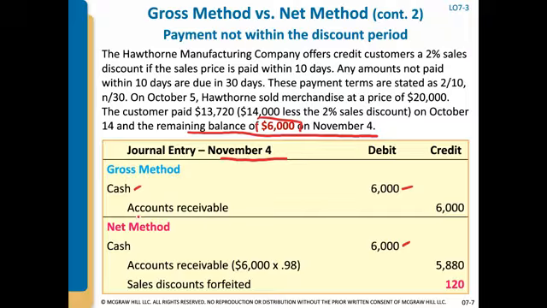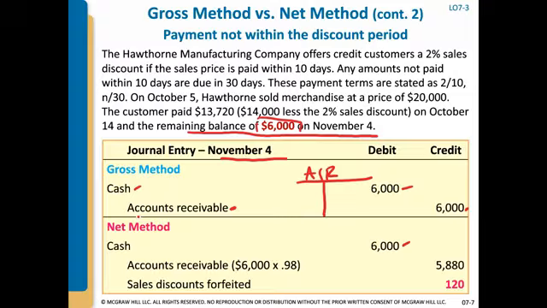Under the gross method, we had booked the accounts receivable at the full $20,000, which did not include the 2% discount. And this cash does not have a 2% discount. So all we need to do is credit accounts receivable and debit cash. That's our entire entry. And so when you look at the T accounts for accounts receivable for the gross method,